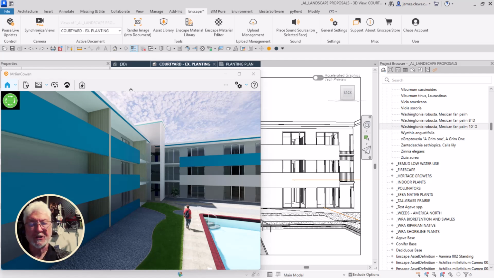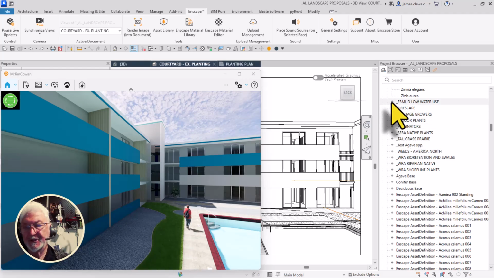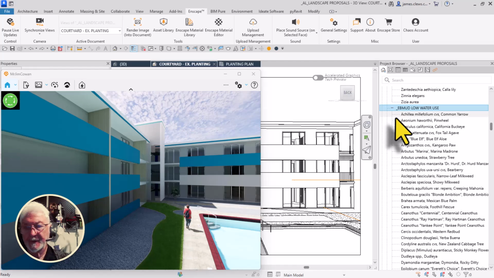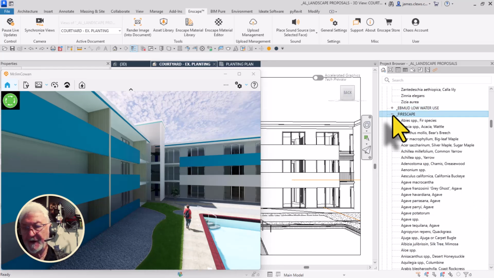The concept I want to explain here is that of a Revit family. Revit families can have different family types. For example, it's context-based, so East Bay MUD low water use plants, and then the family types are all the individual species that are recommended, or firescape,